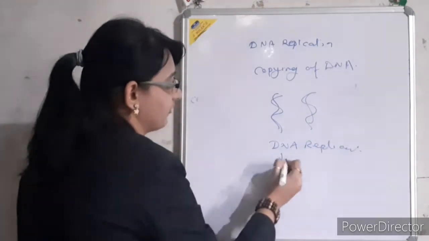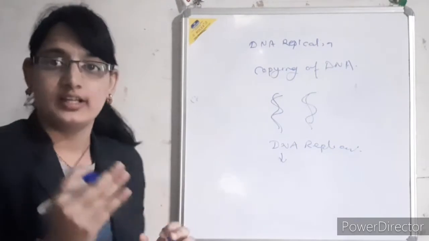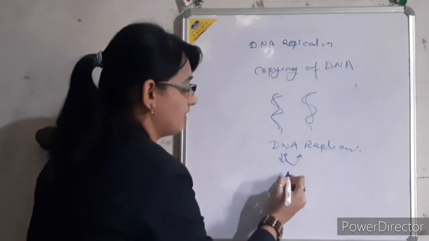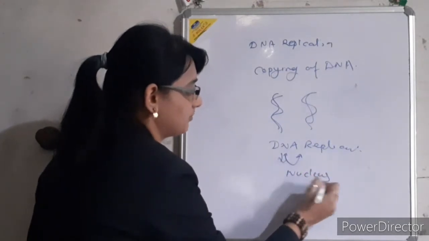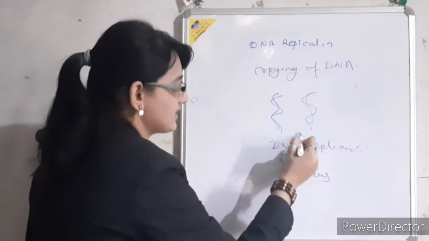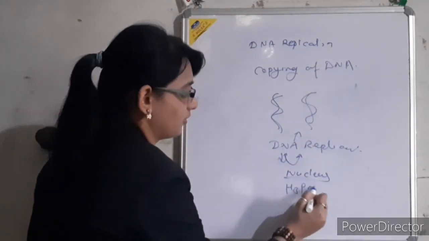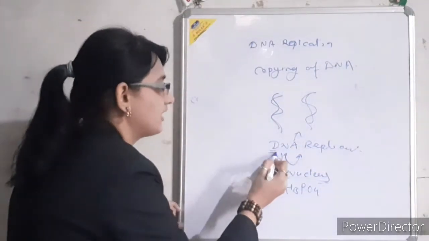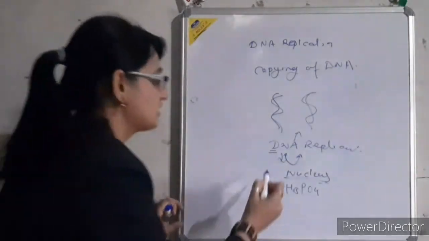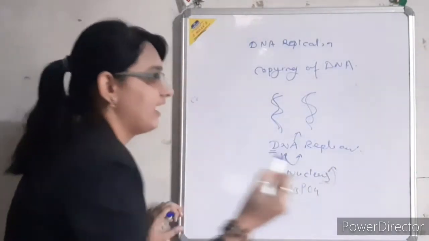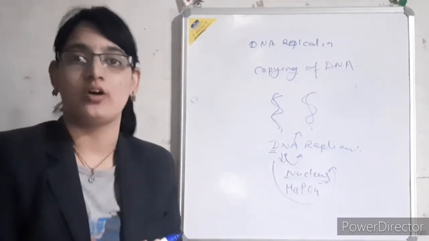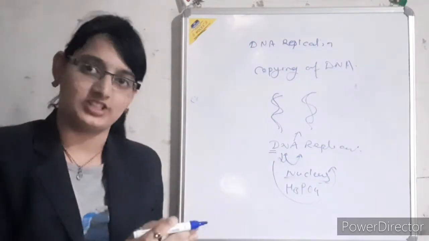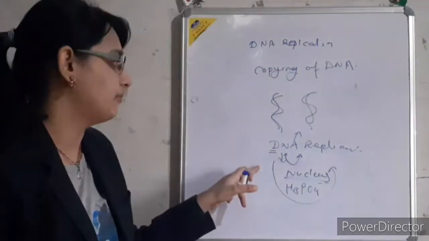And we know the full form of DNA is deoxyribose nucleic acid. It is a nucleic acid because it is present inside the nucleus of the cell. Obviously it has an acidic nature due to the presence of the group H3PO4, that is phosphoric acid, and it contains deoxyribose sugar. This whole molecule is called DNA, which causes the phenomenon of inheritance, causing genetic information to transfer from one generation to the next. So this is the genetic material.